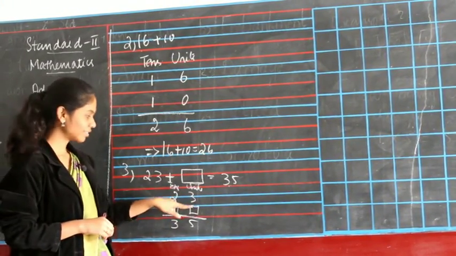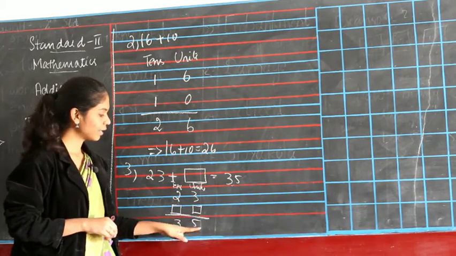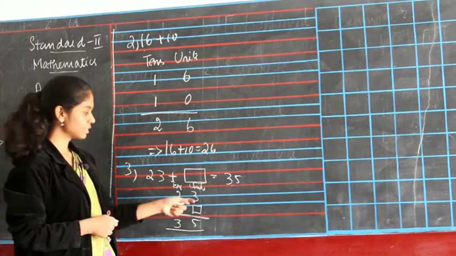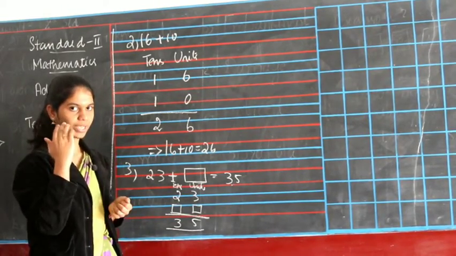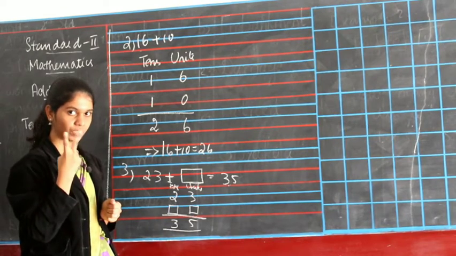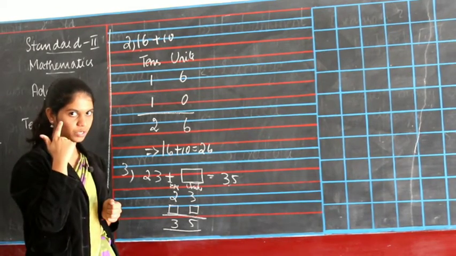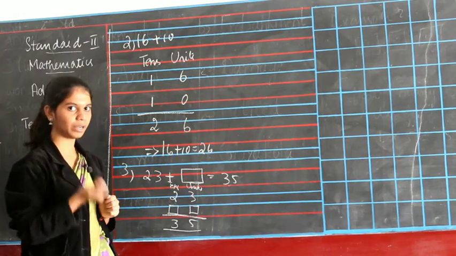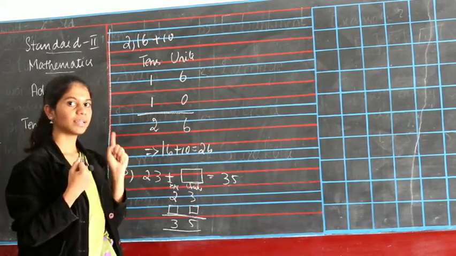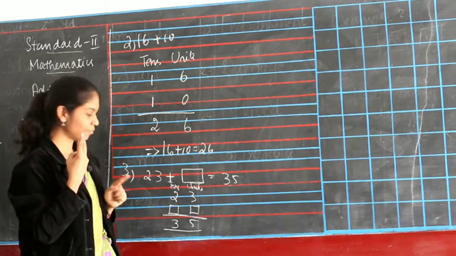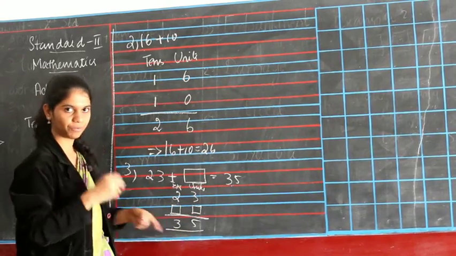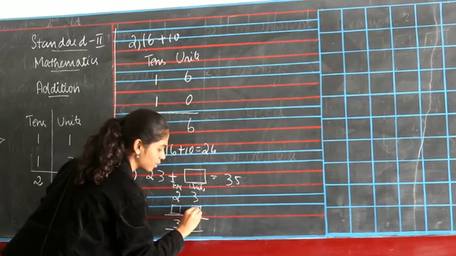So if you add 3 with some number, you should get 5. So what you should do is keep 3 in your mind. You tell 3, after that 4 and 5 with your finger. When you have 3 in your mind and you go to the next number, you should give your numbers along with me. So 3 in your mind, 3, after that 4 and 5. So when you add 2 with 3, you will get 5, right? So in the box you write 2.